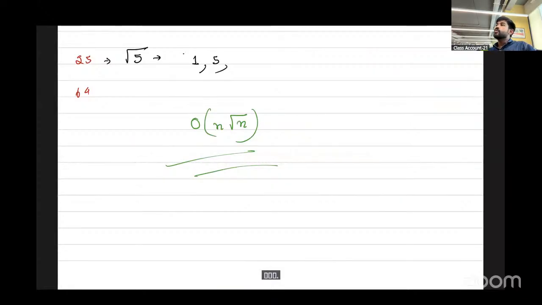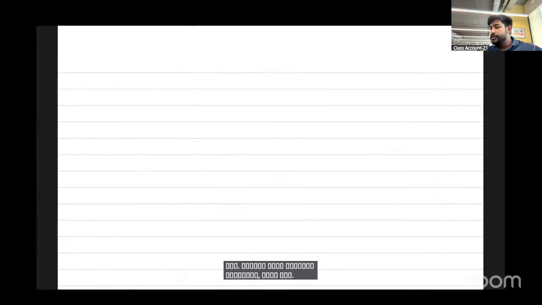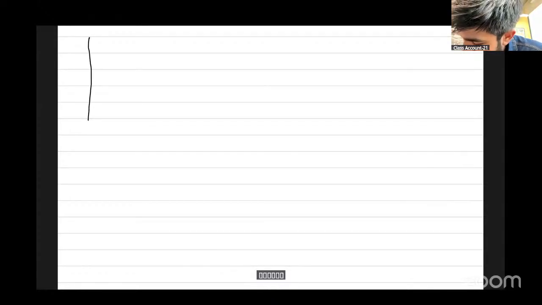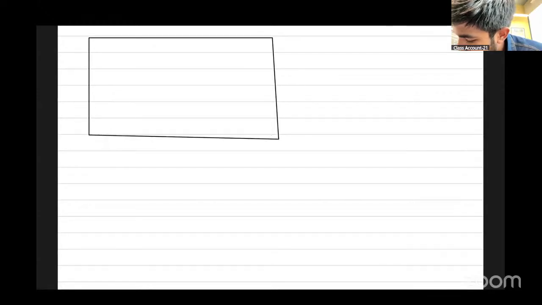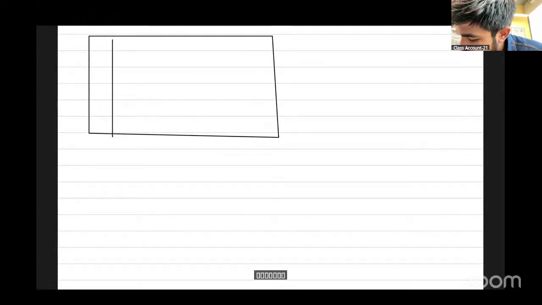Because n is looping over all the values, and root under n is to check all the values if it is prime or not. Now let me show you something interesting out there. See this. Now first 1 will come, 2,